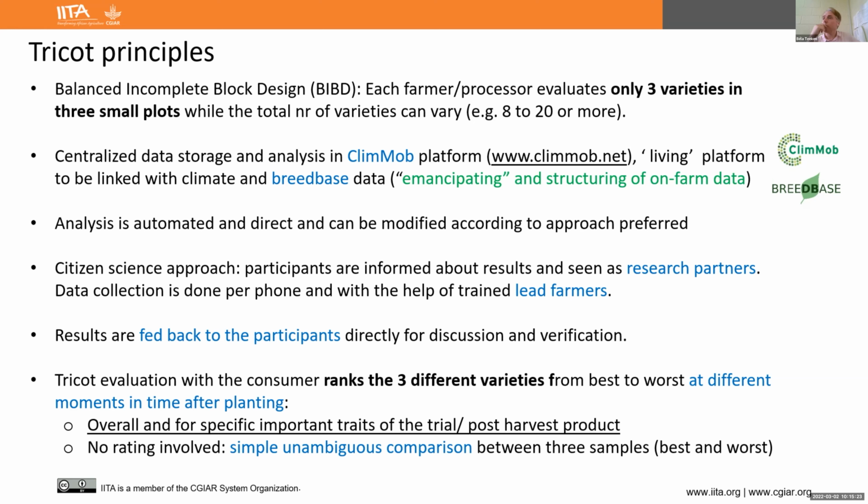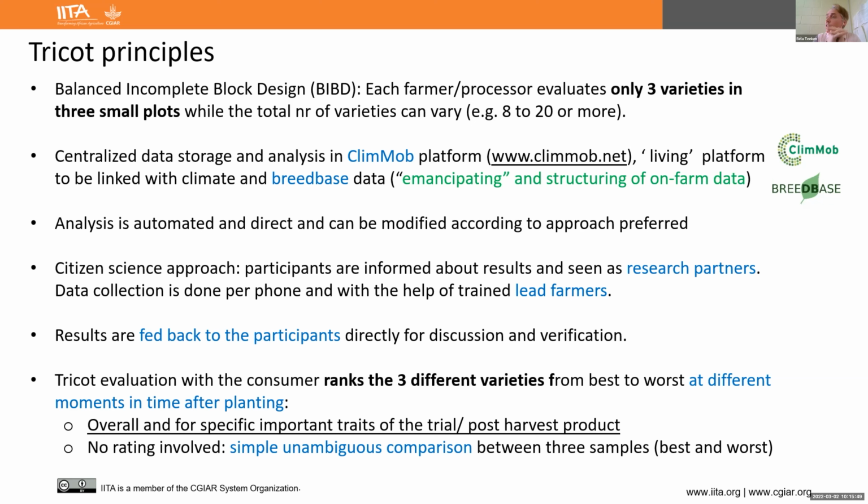Then we have centralized storage, analysis, and climate platform to get all these data together. And there we are working to integrate this database also with breed base to be able to have these data more easily integrated, and analysis can be integrated there.